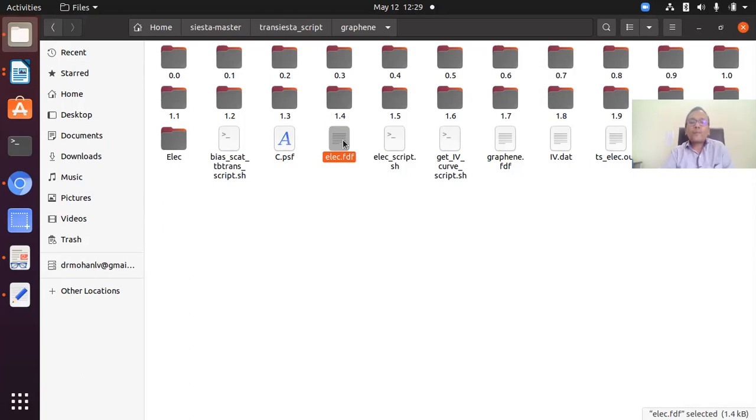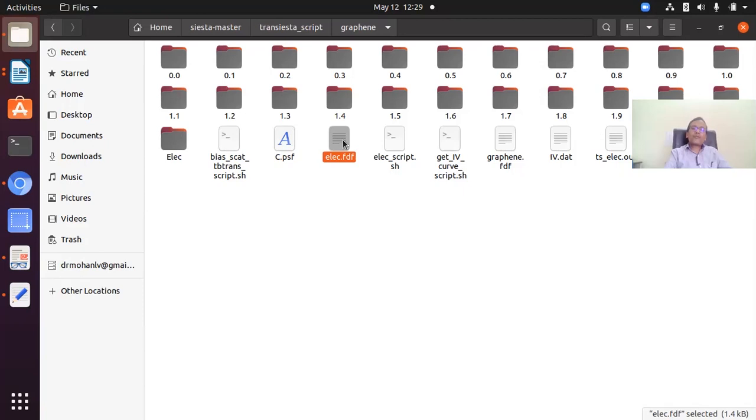What you have to do is make a device, and in that device you have to clarify which one is the electrode, the left electrode and the right electrode, and if you are taking buffer atoms, how many atoms you are taking as buffer, and what is the importance of those buffer atoms. All these are mentioned in different lectures, as well as in the tutorial and even the manual.